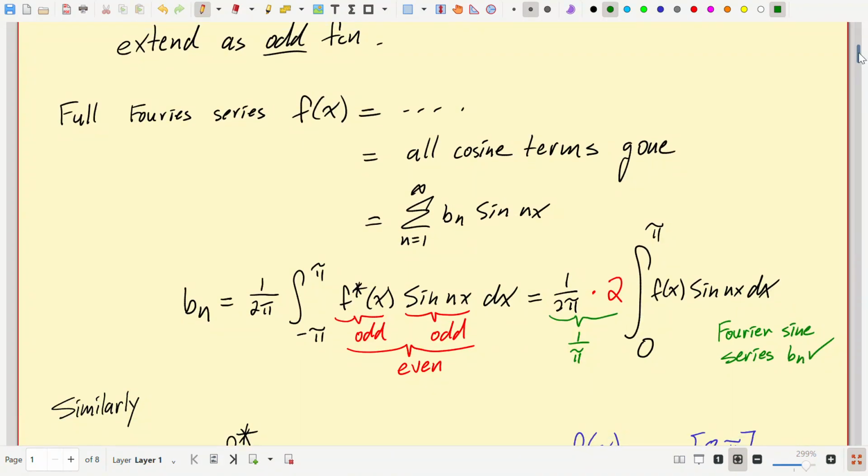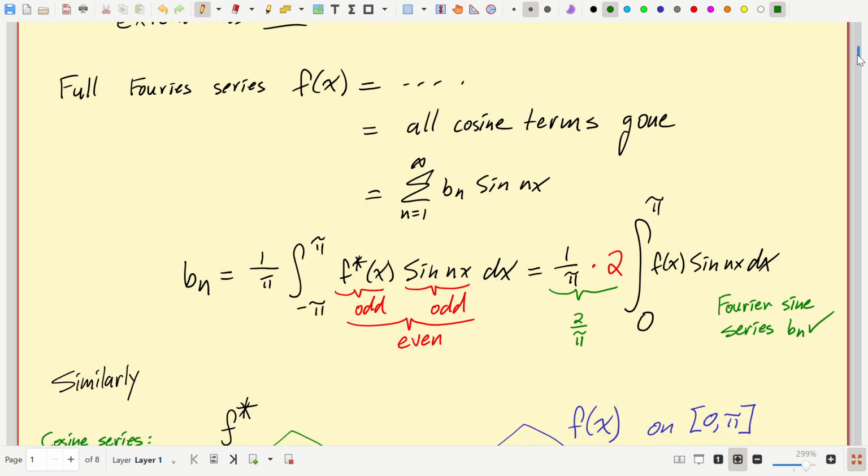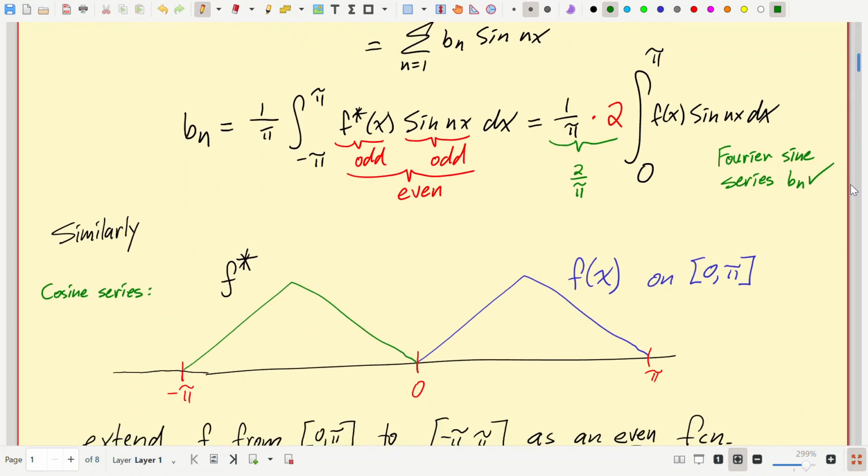No, I'm sorry, I did screw them up. Bn is 1 over 2 pi, it's 1 over pi times the integral. And so to be the same as my Fourier sine coefficients, this needed to be a 2 over pi. There, now it's fixed. Sorry about that. Questions about that? Okay, that gets me caught up, and now I can start talking about today's subject, which is